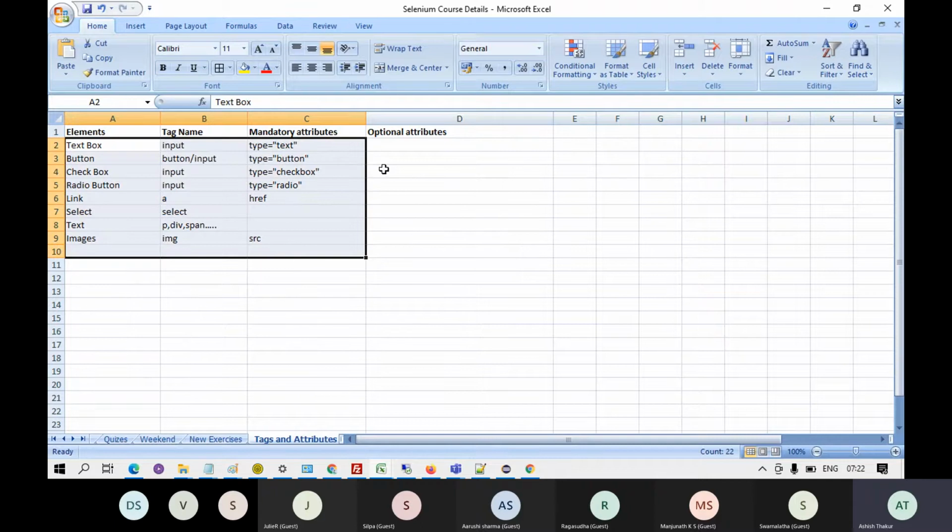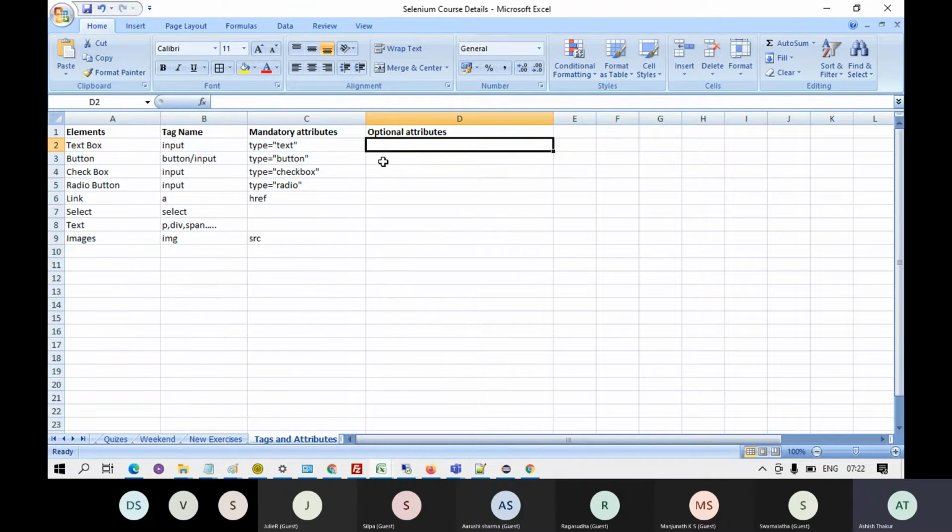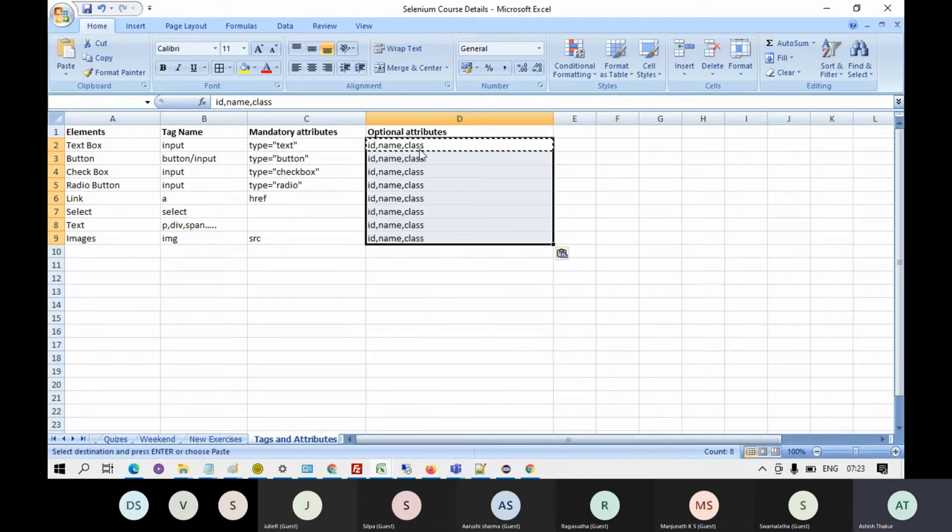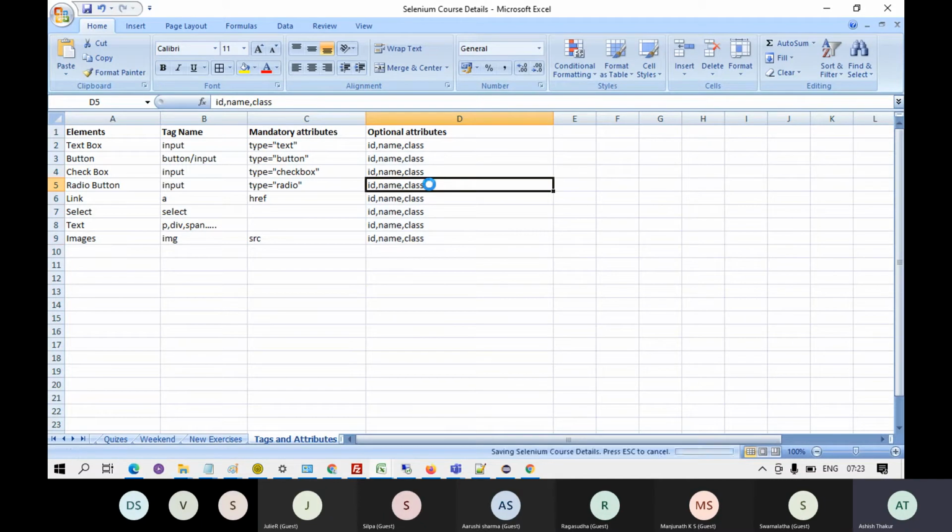And there are a few optional attributes. They can be there or they might not be there with the elements, and these are generally id, name, class. Id, name and class can be there with any element.